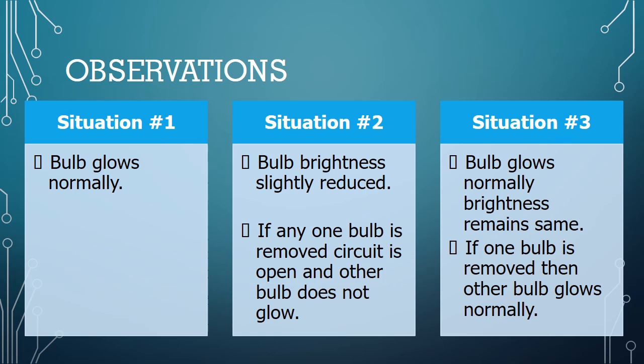If they are connected in parallel, then the brightness remains the same, and if one goes off, the other will glow. Why? Because there are two different paths. Understand the relation between the path, glowing of the bulb, brightness of the bulb, and the number of cells. If the number of bulbs is increased, what will happen to the brightness? Understand, children? Are you able to follow clearly? If you know well, again see. If you don't understand, watch the video again and observe them.